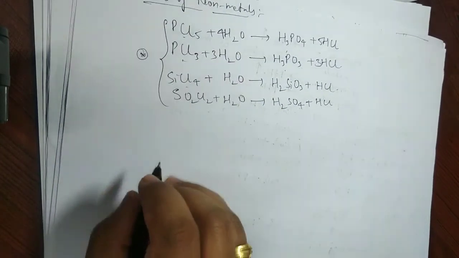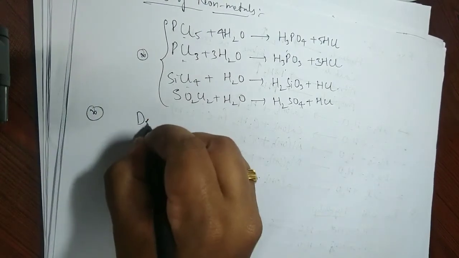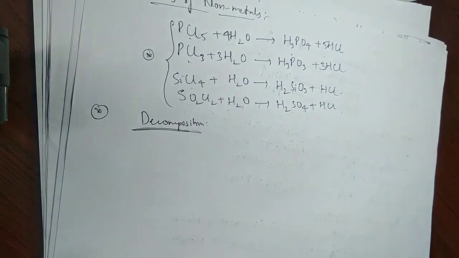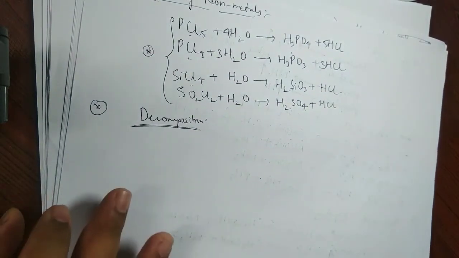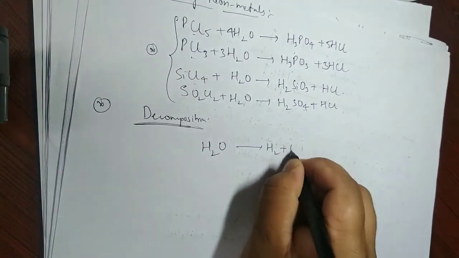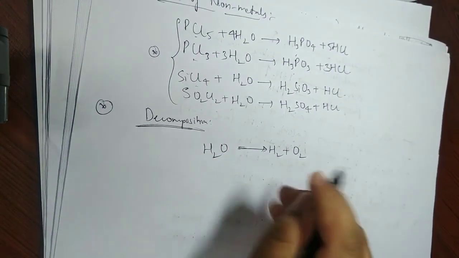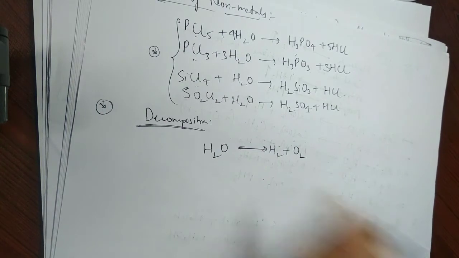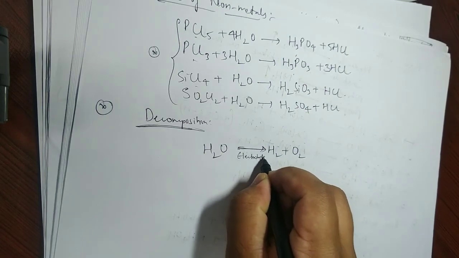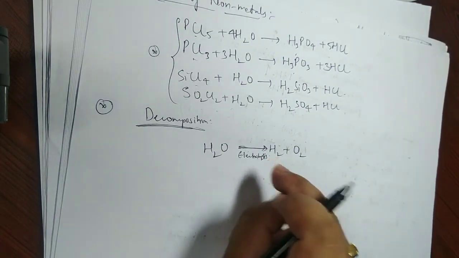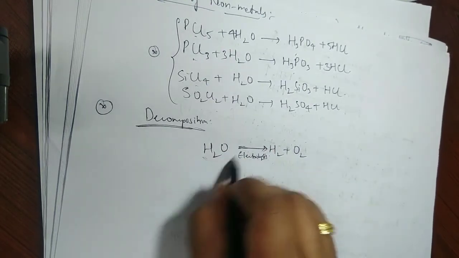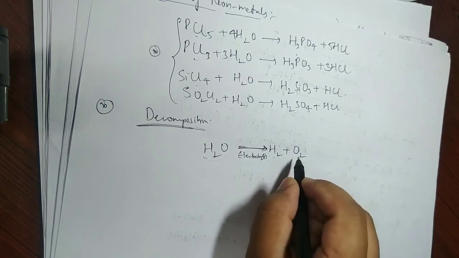Alright, then decomposition of water. What do you expect? Will water decompose on heating? Yes, obviously it will decompose. And how does it decompose? It will decompose into hydrogen as well as oxygen. For this decomposition, again a pinch of acid, a pinch of base, or a pinch of alkali should be added. Okay, how? On electrolysis. As I said already, pure water is a bad conductor of electricity, only when it is impure. Impure means apart from water, acid or base or alkali. Fine. So water breaks down as H2 plus O2.